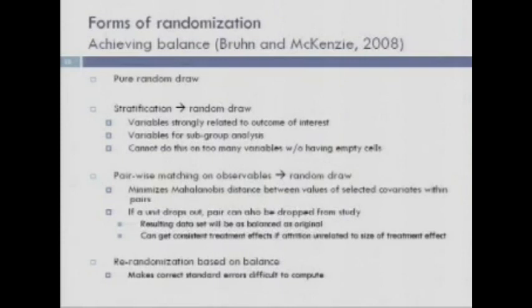Right? If you say, well, I want to do it on sex and initial test score and height and eye color and everything else. In that case, one thing you can do is have a procedure where you ask how similar people are, and you put everybody in a pair, and then you assign one member of each pair to be treatment and one comparison. You can minimize this distance function between people. An advantage of putting things in pairs like that is that if one member of the unit drops out, then you drop the whole unit.